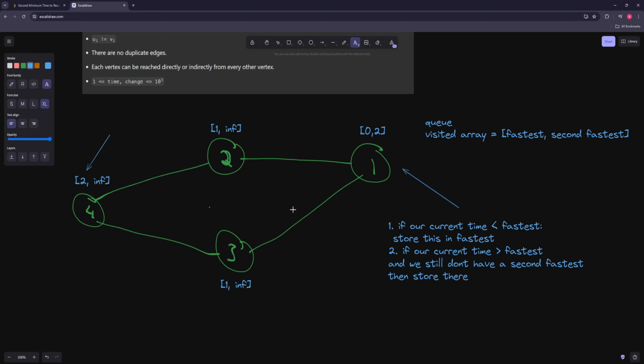Because if I have some path that I've passed some node, if I passed it in the fastest time, that'll give me some answer. If I passed it in the second fastest time, that'll give me a smaller answer. And then anything less than that will give me an even smaller answer, and I don't care about that. So basically,